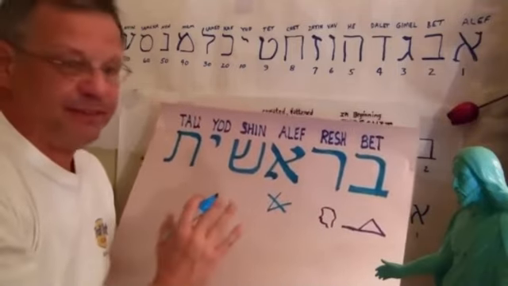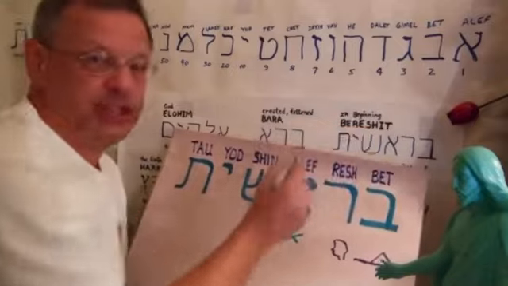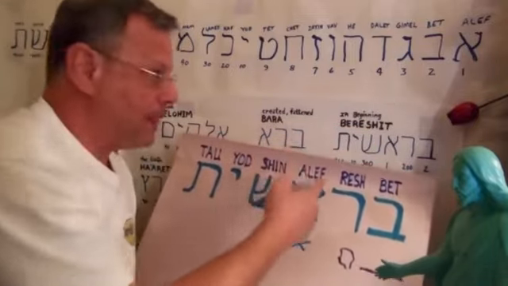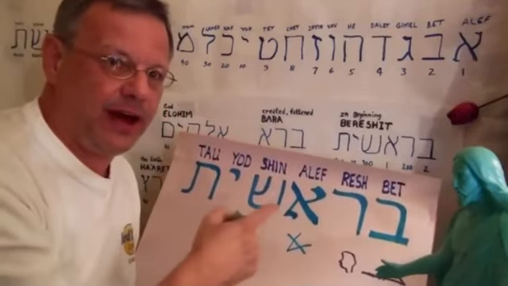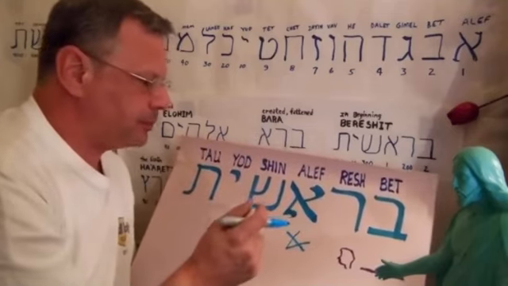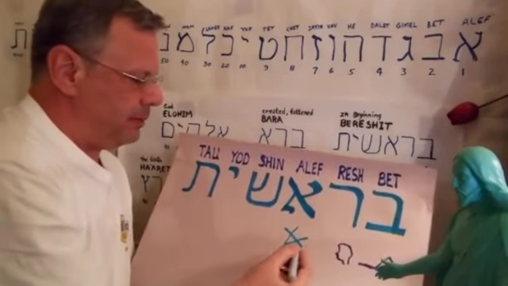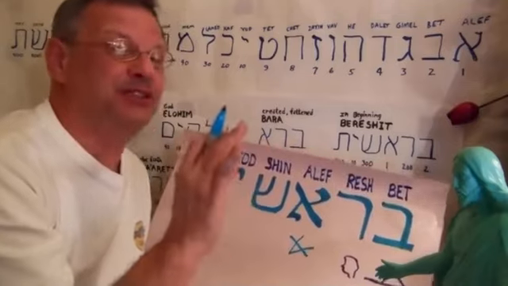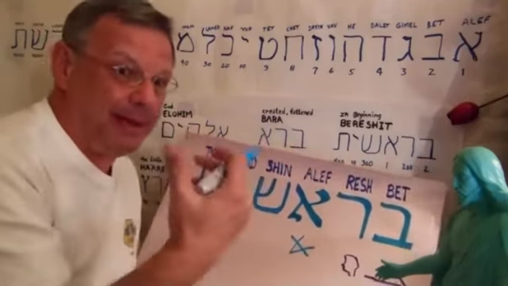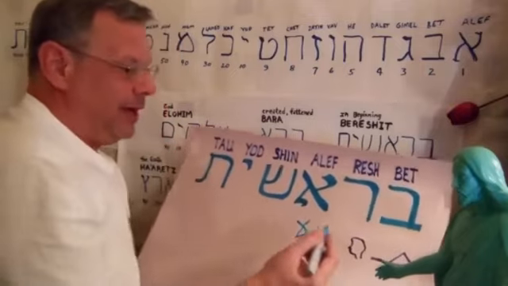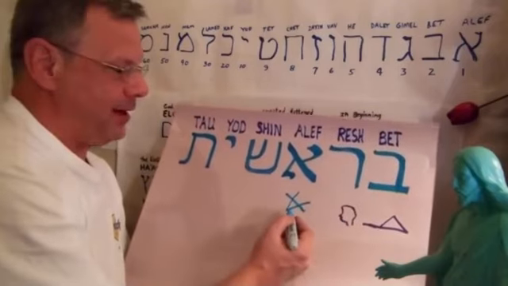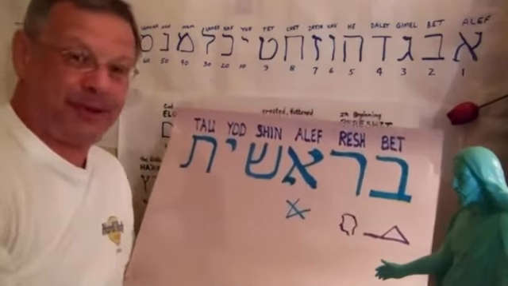So what do we have in the first three letters of Bereshit? The first word of the Bible, Bereshit, which means "in beginning." It's not "in the beginning," by the way. There's no "the" in here. When we learn more Hebrew, you'll see it's not there. It's just "in beginning." And believe me, I know so little Hebrew, but I'm learning, and whatever I figure out, I'm going to pass on to you. Okay, so the first three letters, it's Bar, Son of God. Oh my goodness, that's pretty cool.